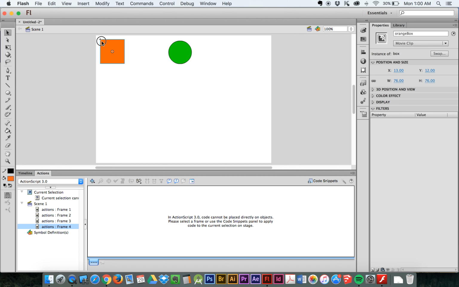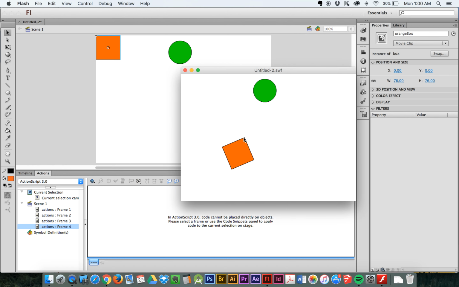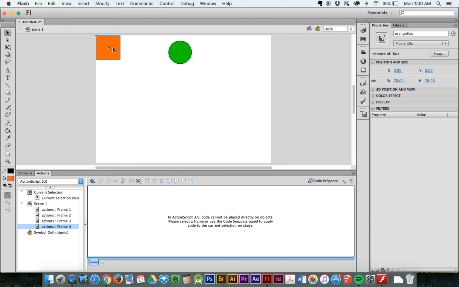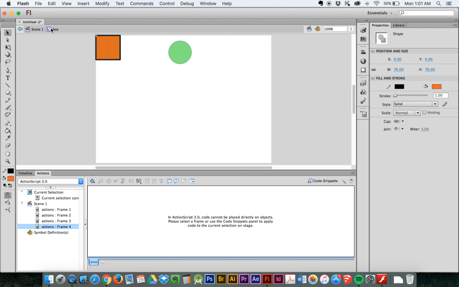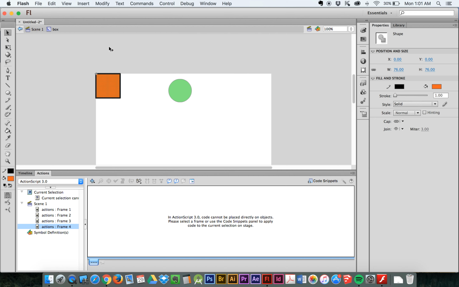So let's take this and just stick it up at 0, 0, just so we can see exactly where this thing is. Okay, we just set it here to X and Y 0, 0, which is not going to affect anything in our movie because we set this to 200 by default, so it's going to go where we tell it to anyways. But for the purpose of this illustration, I'm going to set this to 0, 0. I'm going to double click it, and now what you can see is I'm editing this box. What I'm going to do is, because I know that this is X 0 and Y 0, and I know my box is 76 pixels,